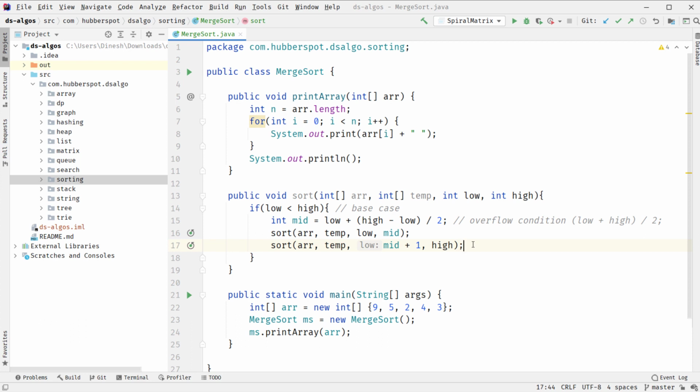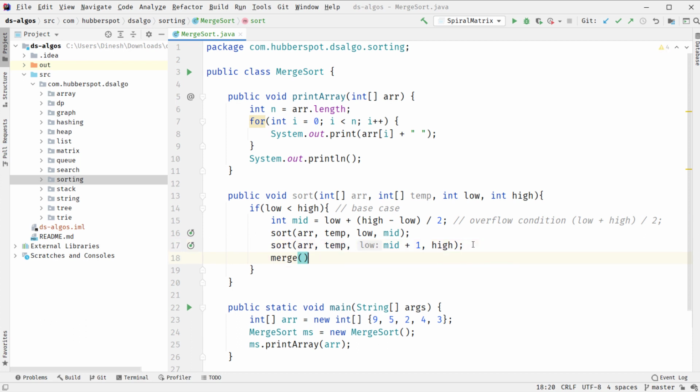From there on we try to merge them together, and this merging keeps on going till the final array is sorted. So in the merge method, we pass the array, the temporary array, and low, mid and high. Why we pass all three values is because in the merge, low to mid will be our left sorted subarray, and mid plus 1 to high will be our right sorted subarray, and we are simply merging two sorted arrays to get a bigger sorted array. So we'll code the merge method now.